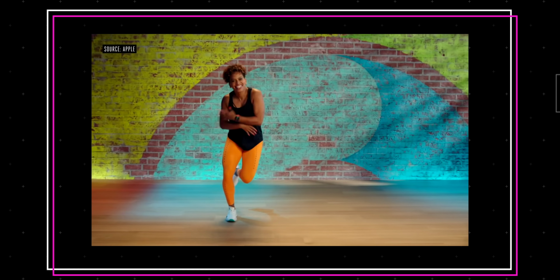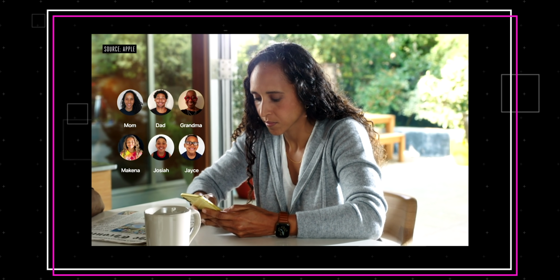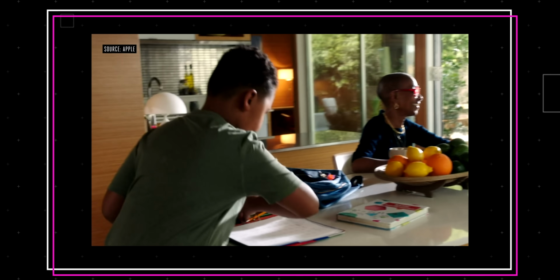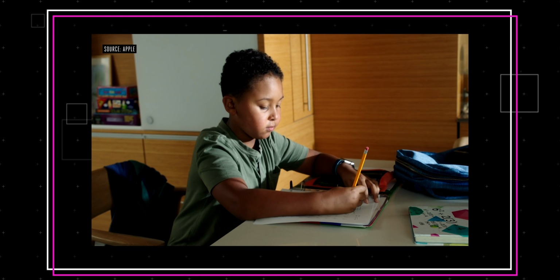Another feature coming to watchOS 7, and I'm really curious to see if it's really popular or not, is called Family Setup. It lets you set up this watch for a kid or a parent or something, even if they don't have an iPhone. And so it's part of your family, but it's not tied itself specifically to an iPhone, which basically makes it like one of those kid GPS tracking watches. You can set geofences, you can set lists of who your kid is actually allowed to speak to with their watch. You can even set it so that it will only show certain things when they're at school,